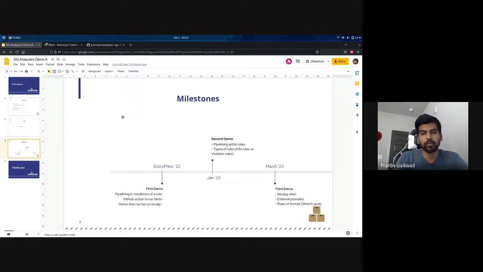And then we'll be expanding pipelining to support as much as we can from the existing Windup rules. So we are targeting that for somewhere by the end of January.